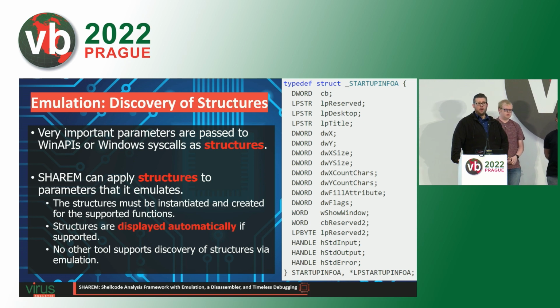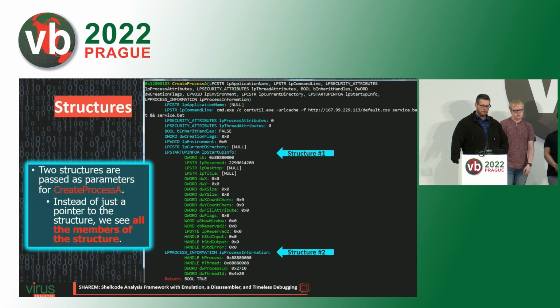Structures are a very important aspect of the Windows ecosystem, so we want to be able to capture these rather than just simply having a hexadecimal address to a structure. Why not go and get that entire structure? So we do provide that ability. StartupInfoA is a widely used structure, and we do support that. And so if the function is set up for that, then it will just be automatically done and taken care of for you. So right here you can see that we have two structures that are captured from CreateProcessA, including the aforementioned